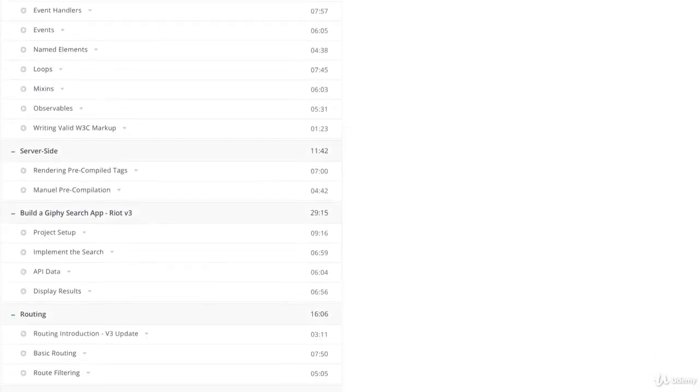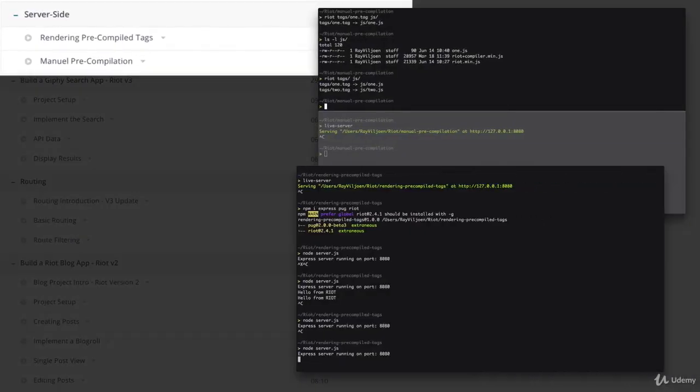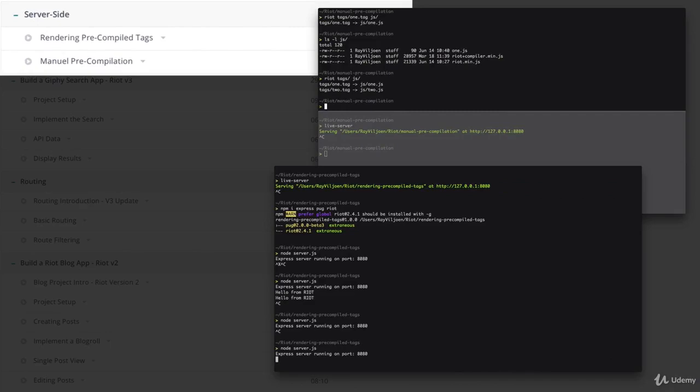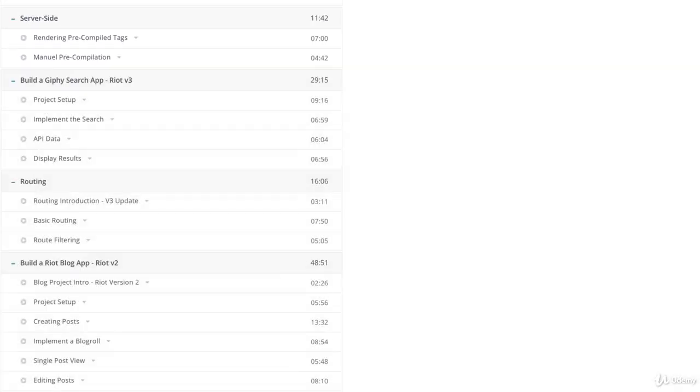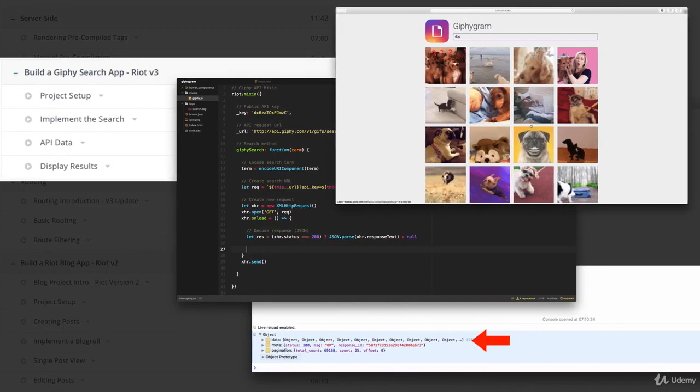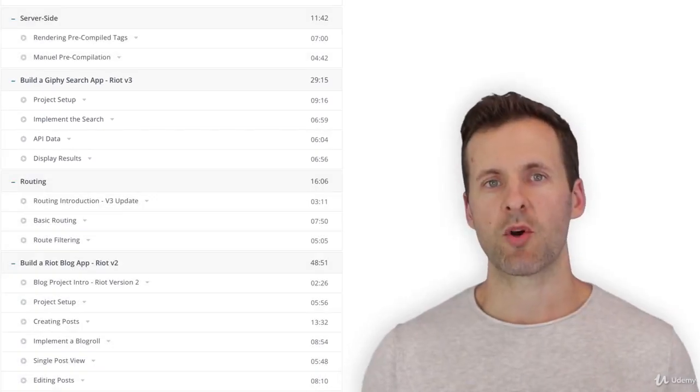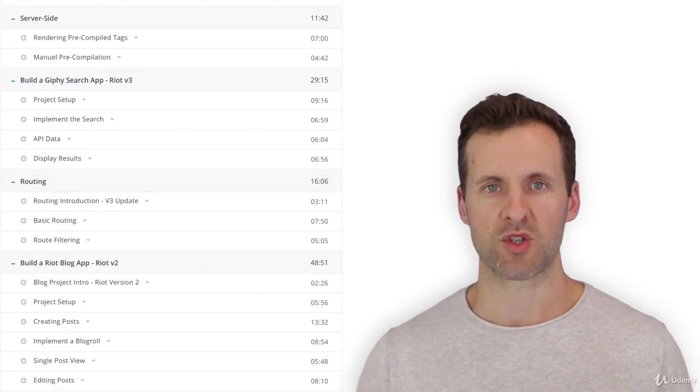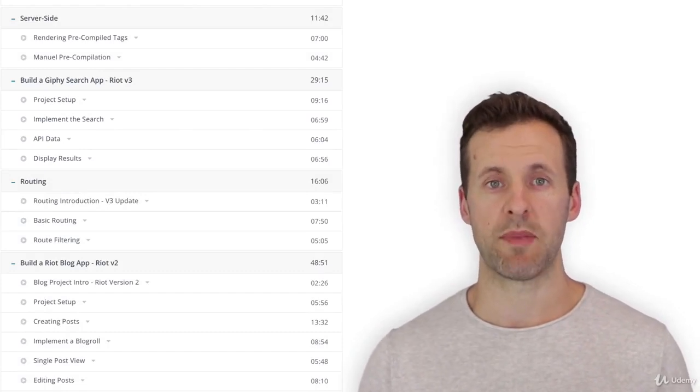After that, we'll also see how to use Riot on a server-side environment, or Node.js in this case. And then finally, we'll take all of this new knowledge and put it to use by building a practical, real-world web app. Also, as I'm constantly updating and improving my courses, you'll find everything in this course applicable to the